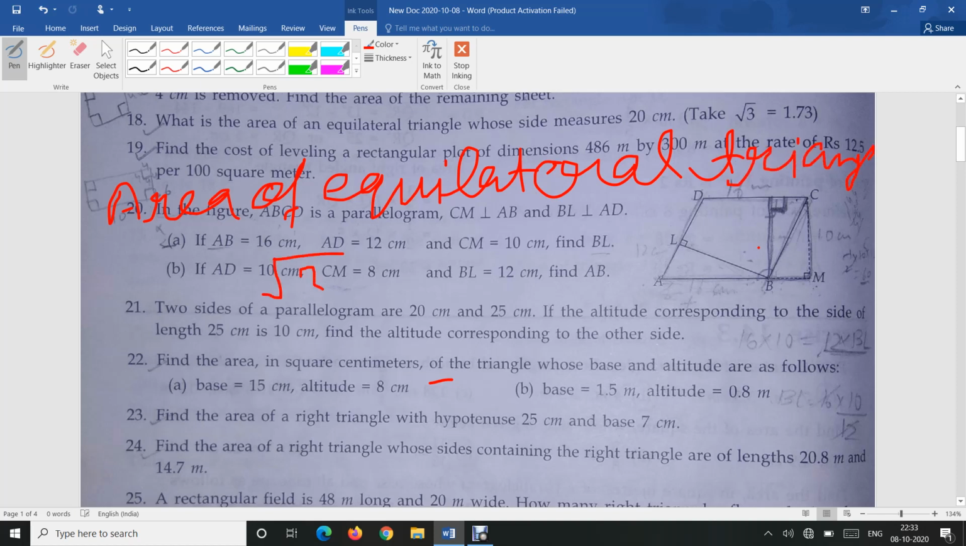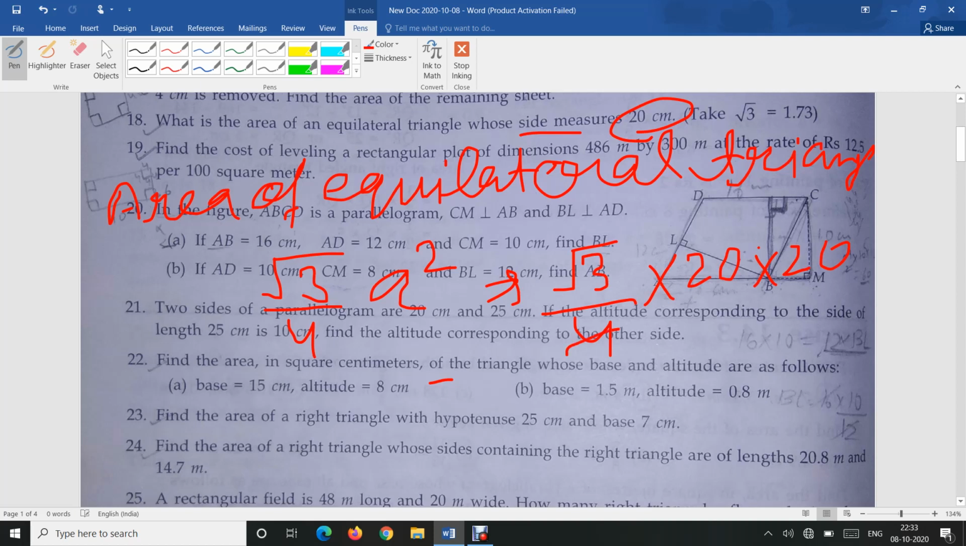It is root 3 by 4 a square, where a is the side and here the side is 20 centimeters. So you can put root 3 by 4 multiplied by 20 multiplied by 20. 4 5s are 20. Now you are left with 20 multiplied by 5, 100 root 3. Now you can put the value of root